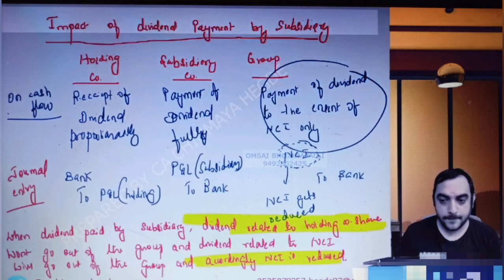But for the group, payment of dividends is to the extent of NCI only. So only to the extent of the NCI share, the group cash balance will come down. So hope you understood the impact on cash flow. Okay. Now as far as the